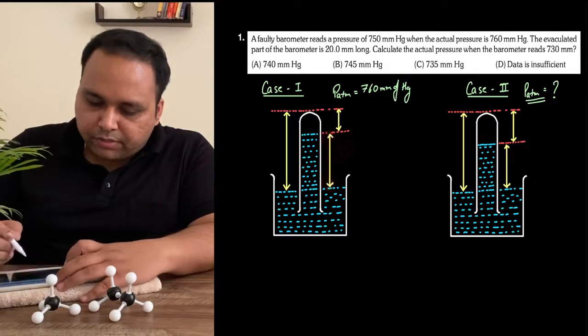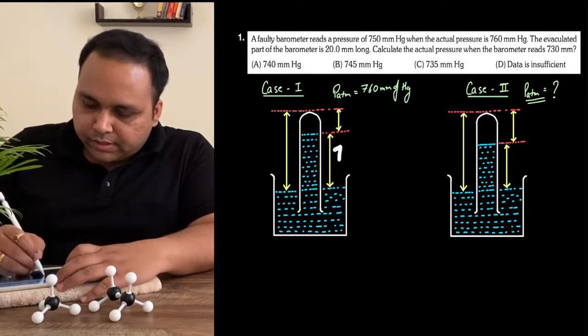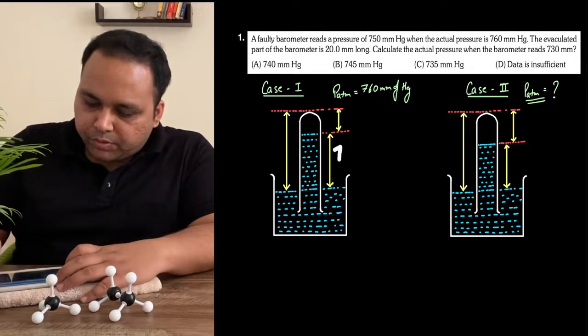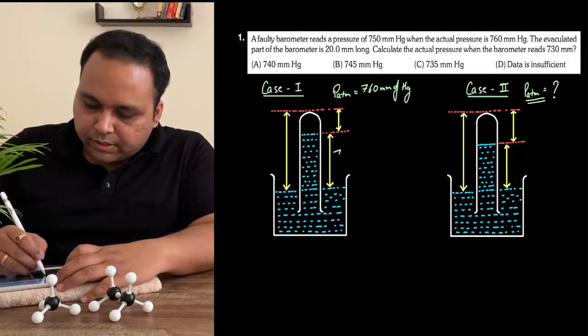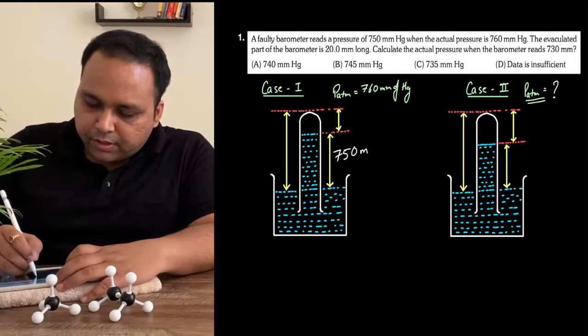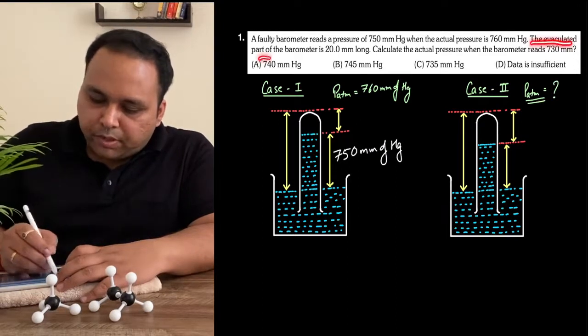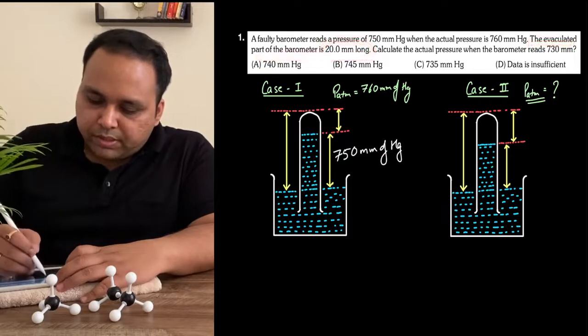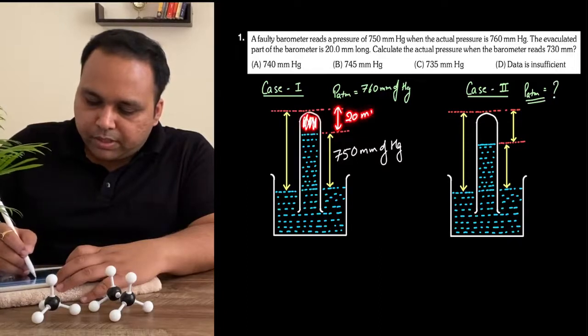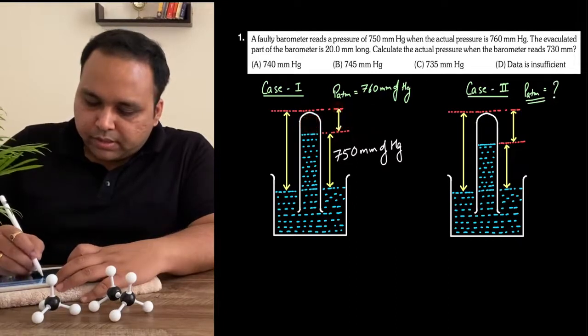So let's mark this as 750 mm of Hg. Then what it says is the evacuated part of the barometer is 20 millimeters long, which means this upper part where there is no mercury filled is 20 millimeters long. So let's mark this as 20